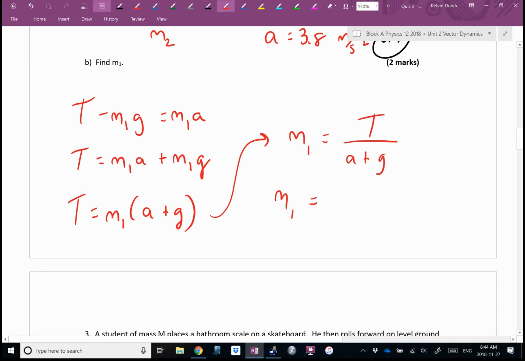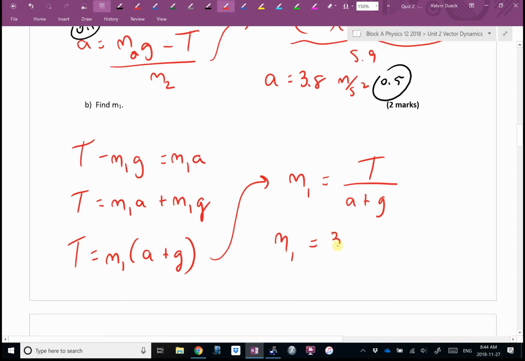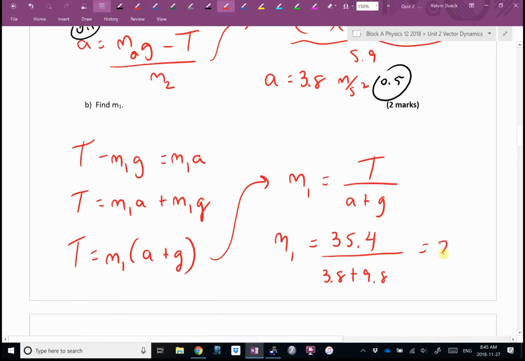M1 is going to be, what was tension? 35.4 divided by 3.8 plus 9.8. 35.4 divided by 3.8 plus 9.8. Did you get 2.6 kilograms? If you got that, 2 out of 2. Otherwise, I'd probably give you a half mark if I saw that